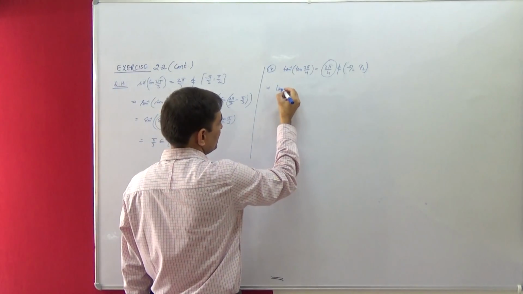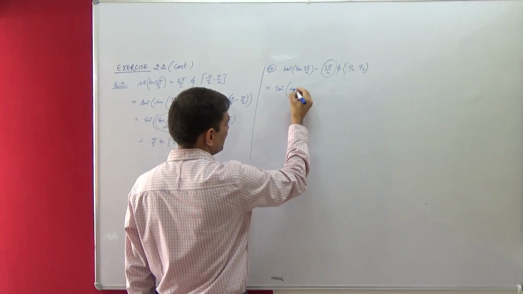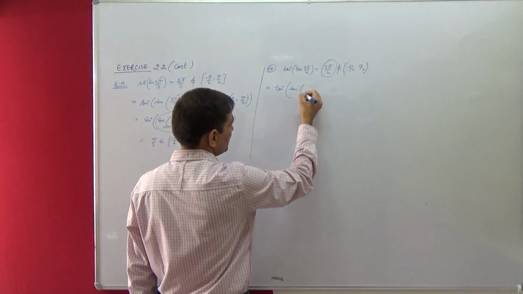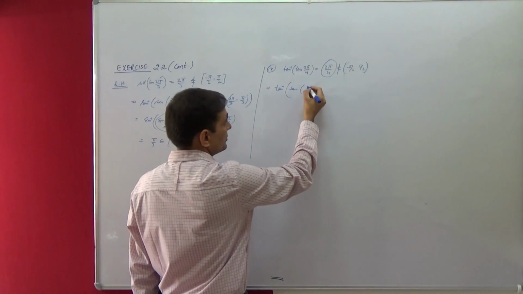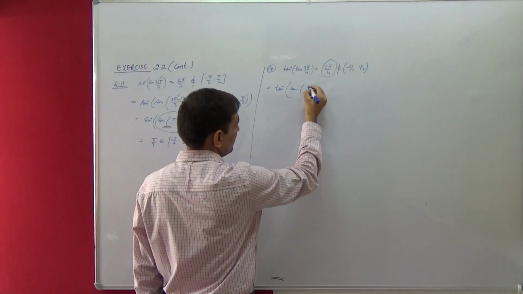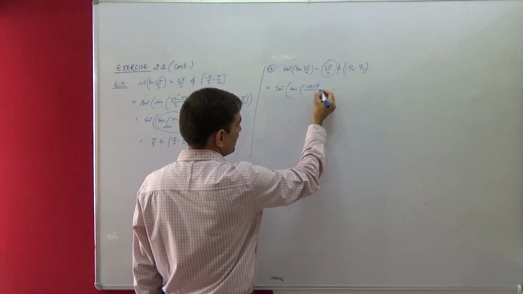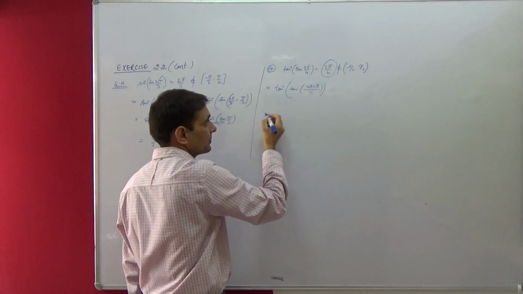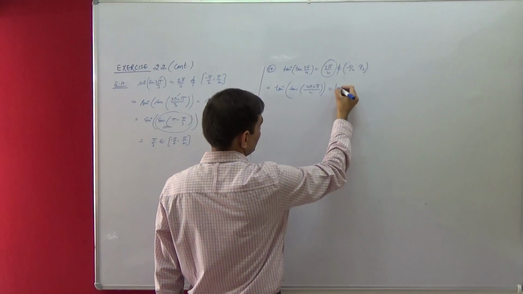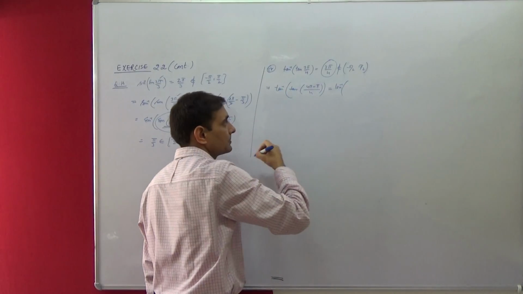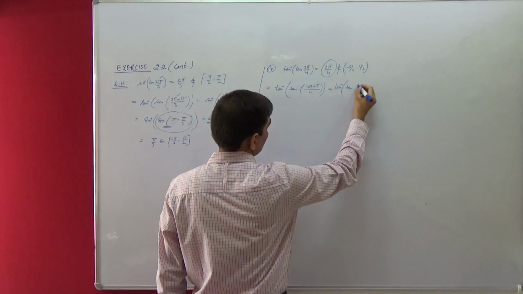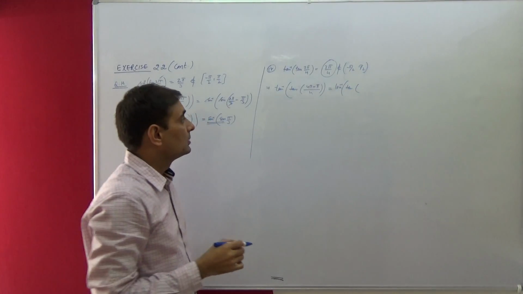So for tangent inverse of tangent 3 pi by 4, you will write 3 pi by 4 as 4 pi minus pi divided by 4. If you write it like this, then it will be tangent inverse of tangent. Now this